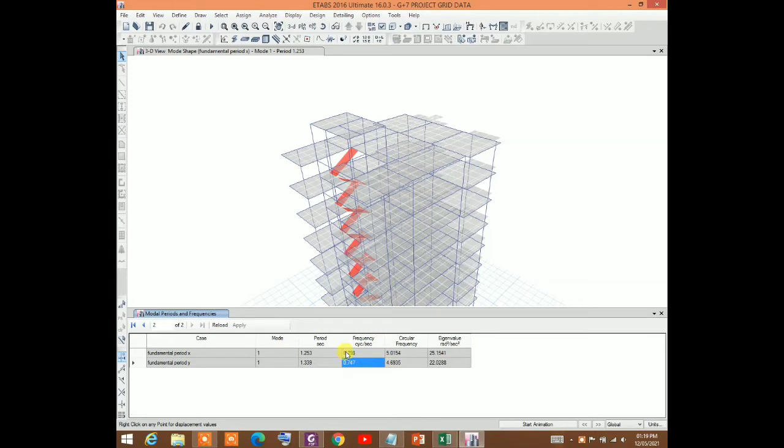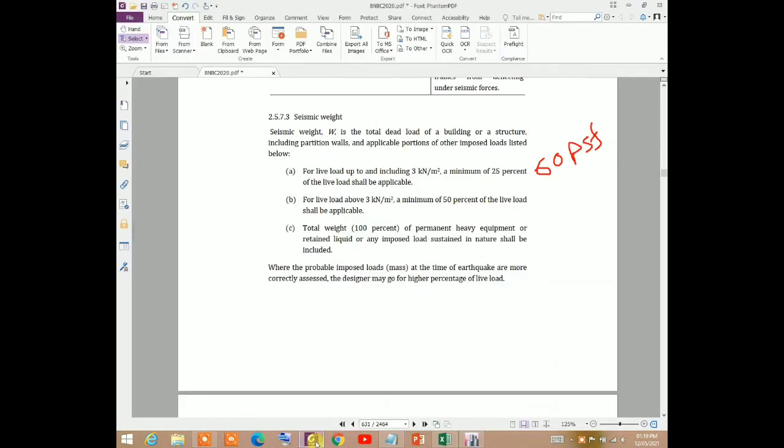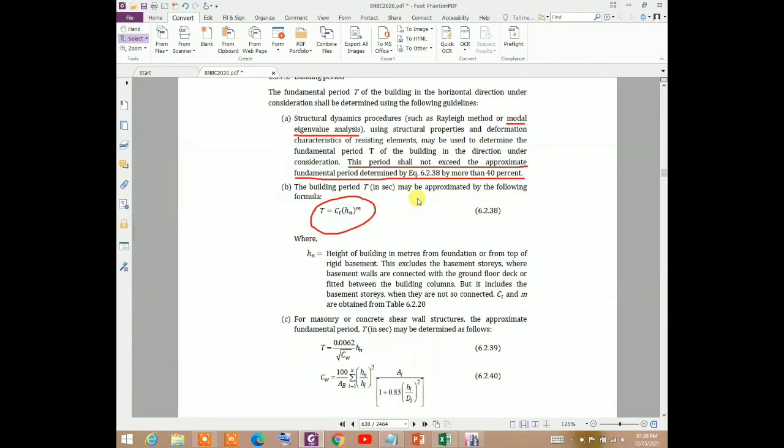The other definition of fundamental frequency is the lowest frequency. The lowest frequency of all the modes is also called the fundamental frequency. But according to BNBC, the structural dynamics procedure such as Rayleigh's method or modal eigenvalue analysis using structure, we have determined the fundamental period of the building by the exact method, that is eigenvalue analysis. But this exact fundamental period of vibration should not exceed the approximate fundamental period of vibration by more than